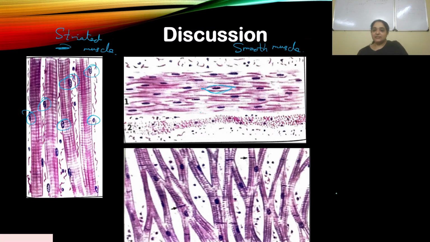These are clearly cardiac muscles. What you have here, these black lines, obviously they appear striated. You can see that clearly. But these black lines are the intercalated discs. So you have a striated muscle, your skeletal muscle, that is your smooth muscle, and your cardiac muscle. Clear? Next question.